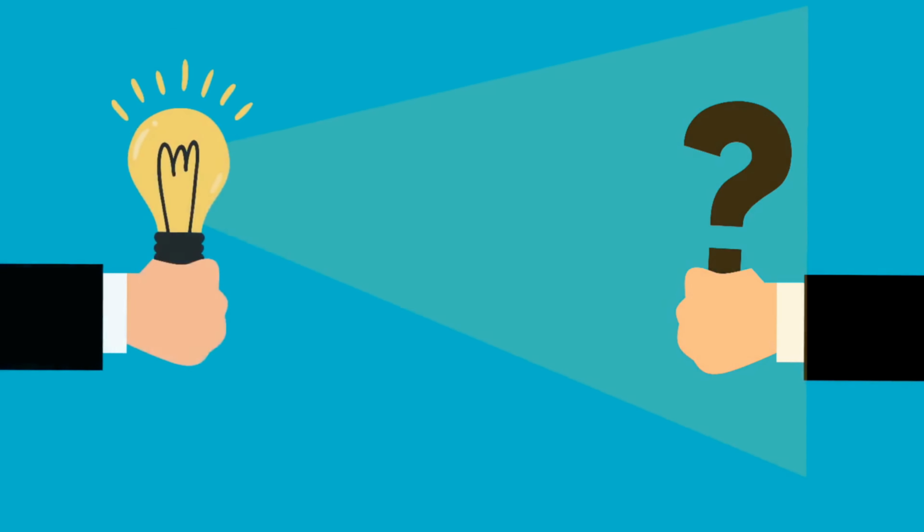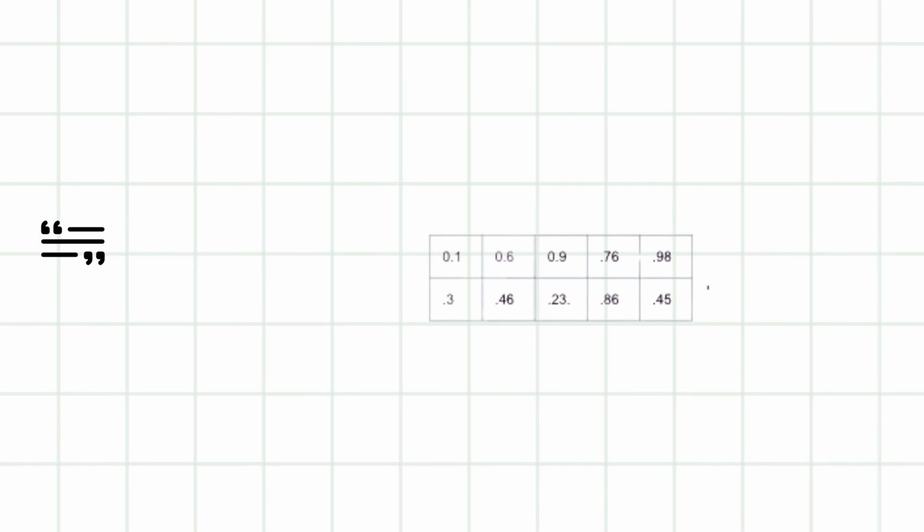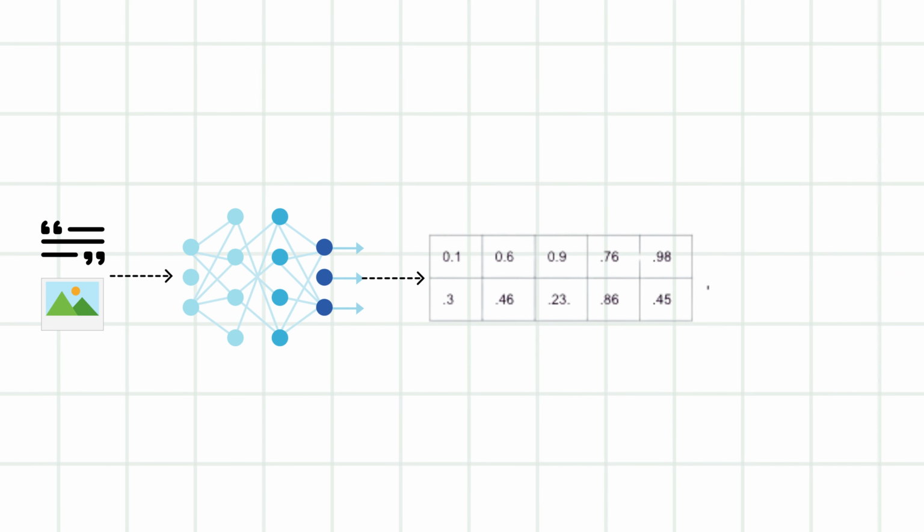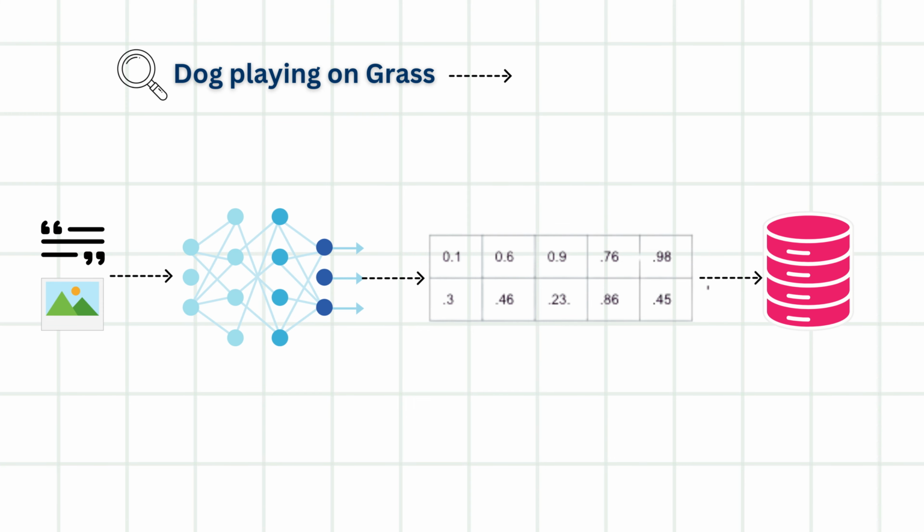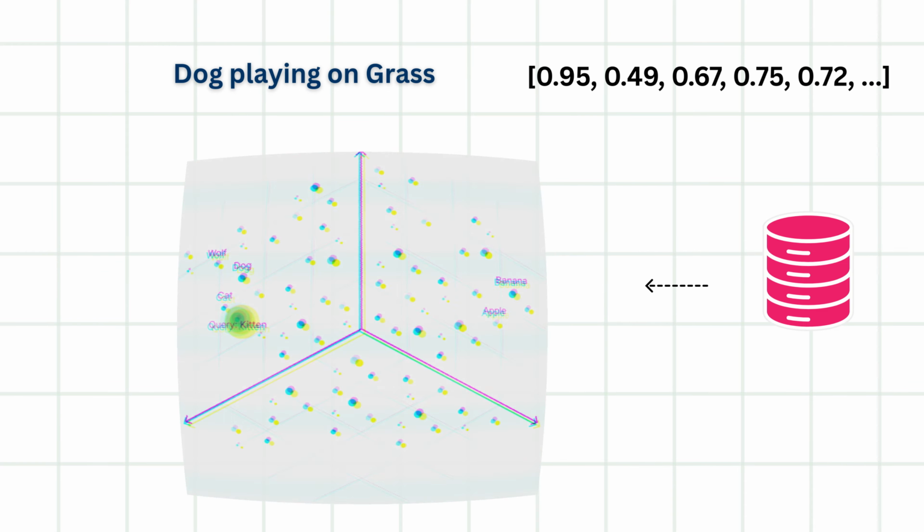Here's how it works in simple terms. First, your data such as text or images is converted into numbers using an AI model, then those numbers are stored in the vector database. When you search, your query is also converted into numbers, and the database finds results based on the closest meaning,